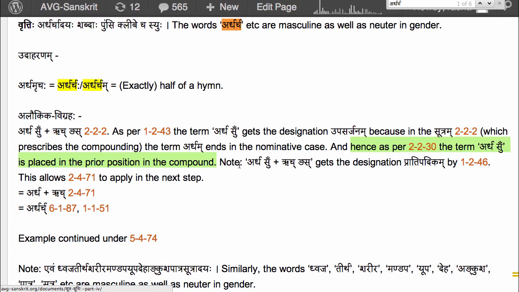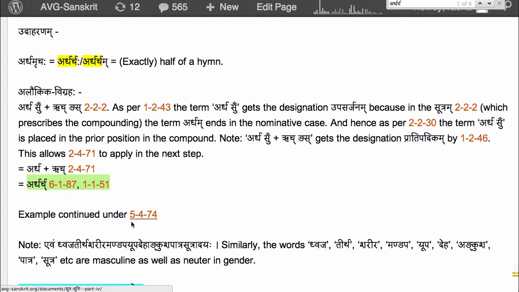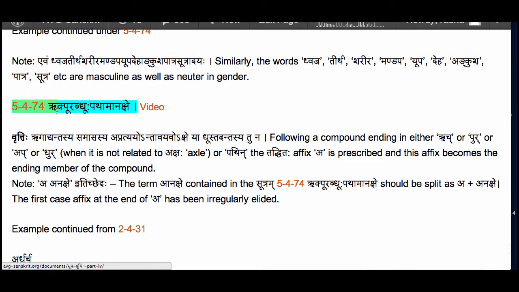Now ardha su rich nyas gets the designation pradipadikam by 1246 krit tadita samasa, and then we apply 2471 supo dhatu pradipadikayoho to perform the luk elision on the affixes su and yas, which are inside the compound pradipadikam. So we get ardha rich, and then we apply adgunaha along with uranraparaha to get ardharcha. So at this stage now we need the sutram 5474, so we can bring in the samasanta pratyaha to complete the compound pradipadikam ardharcha. The sutram 5474 says